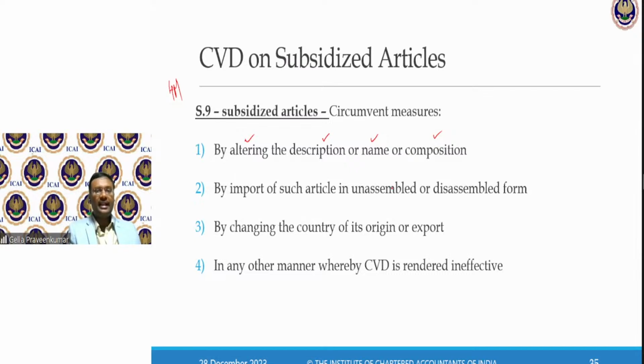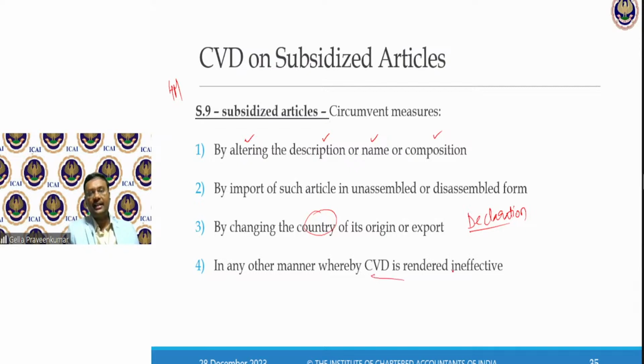By import of such article in unassembled or disassembled form, by changing the country, like I said, nation 1 to nation 2, nation 1 to nation 3, back to India. So I changed the country of its origin or export. Now there is something called a declaration. The exporter gives a declaration saying that the goods are manufactured in Singapore, in Malaysia, in Bhutan. They give that particular declaration saying that it originated from here. But in reality, the goods have been coming from elsewhere. In any other manner,